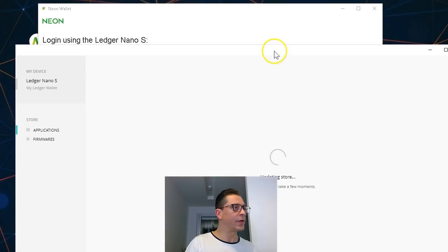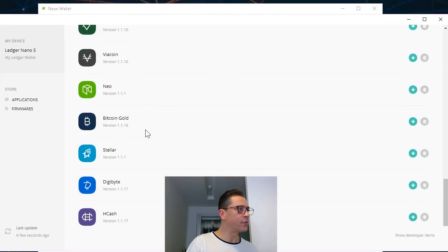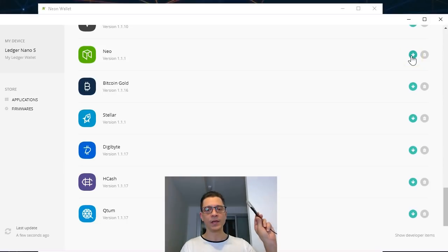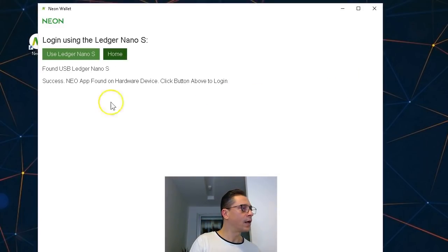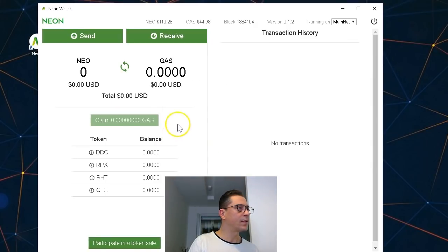This is the application manager, and you will just scroll down here. You will find Neo and you will click here to download it. Once you download it, it will be here on the device. So from that point on, you will exit this and you will confirm that you are opening Neo. And then we're following this here. Use Ledger Nano S. And there you go. It looks exactly the same